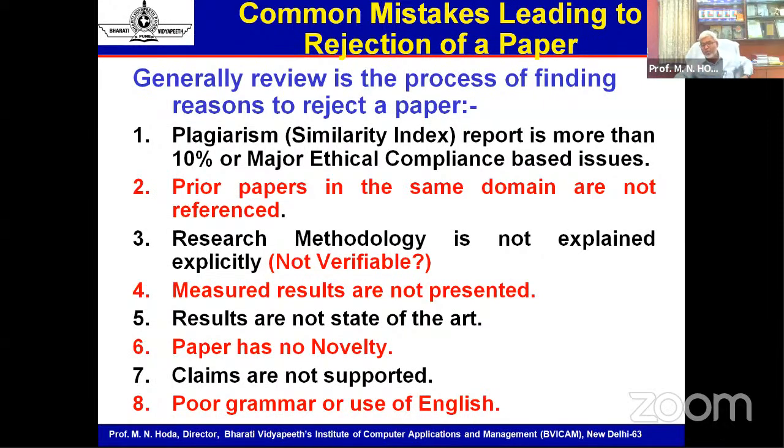The third situation could be that you have not explained your research methodology in a self-explanatory manner. So the scholar who has been asked to simulate the research methodology or the circuit to generate the result is not in a position to reproduce the circuit. This implies the research methodology is not verifiable by a third person in the laboratory and cannot be reproduced. Then straight away he will come back and say, sir, he hasn't explained anything about the research methodology, how can I simulate it? And the paper will get outrightly rejected. So let's be careful that whatever research methodology you are writing, you must be clear enough.